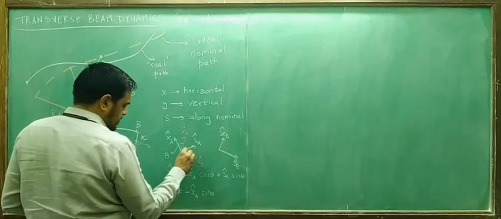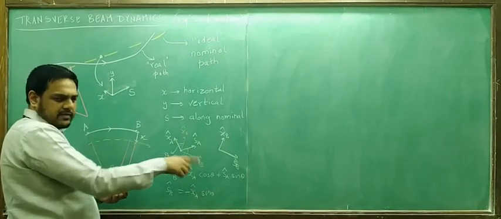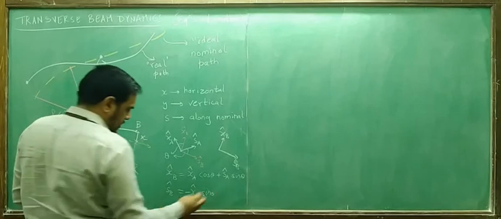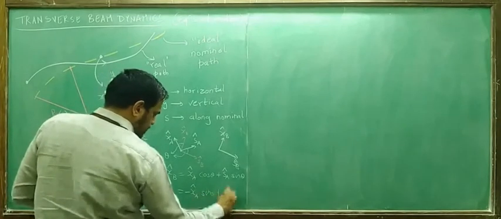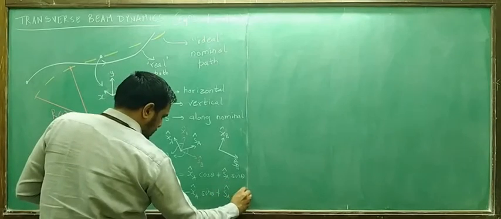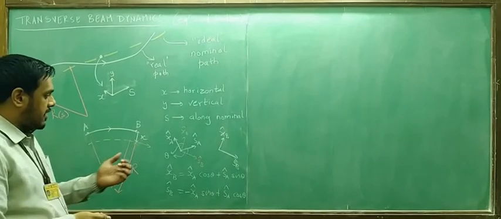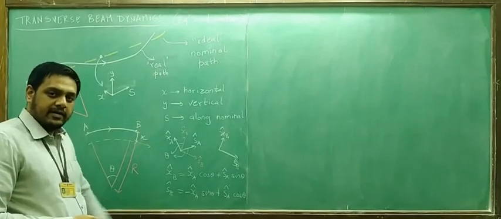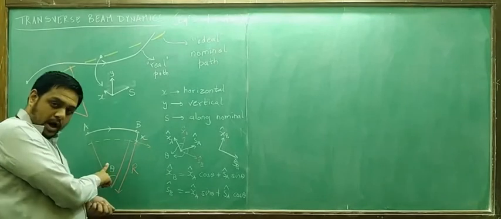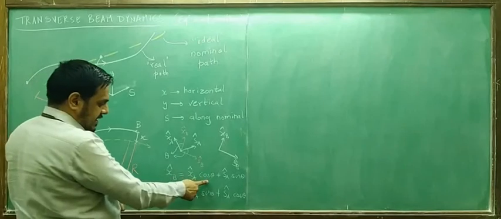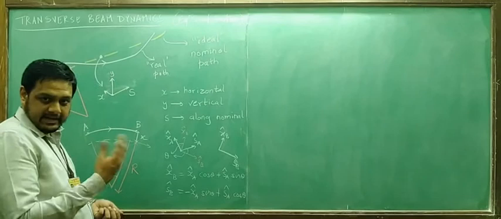Just for your reference, this angle is also theta, because that is the amount by which the whole thing is rotated. Minus xa hat sin theta plus sa hat cos theta. We have got a relation between the initial direction of the unit vector and the final direction of the unit vector. Now, if theta is very, very small, then cos theta can be written as 1 and sin theta can be written as theta, or delta theta if you wish.